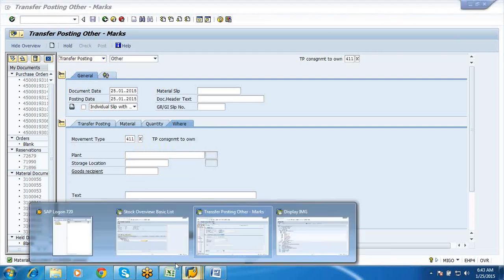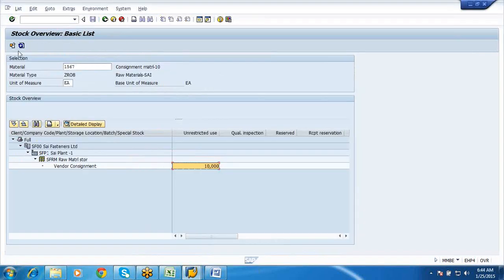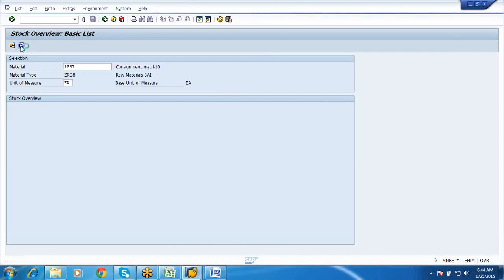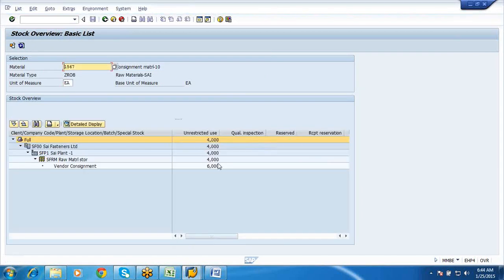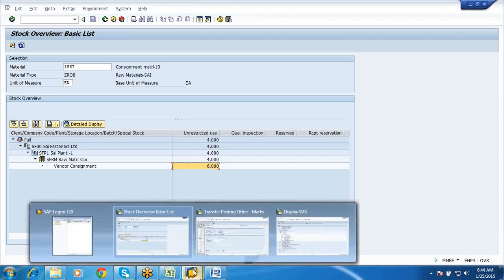Let us see the stock implications. We had transferred 4 numbers from your vendor consignment to our own stock. Say refresh. See here, you got your stock into 4 and here it is 6. Now you can directly go and issue this.